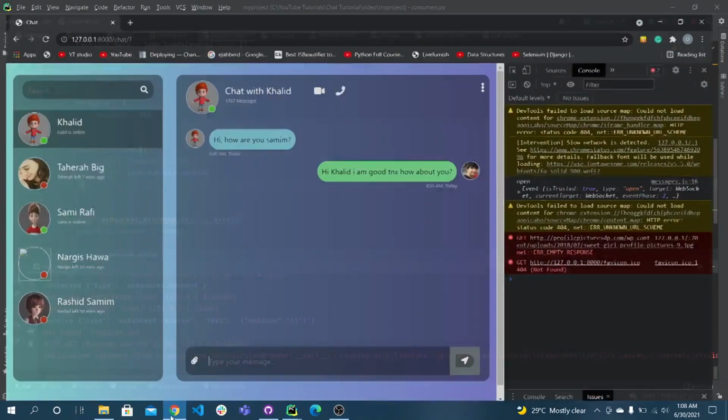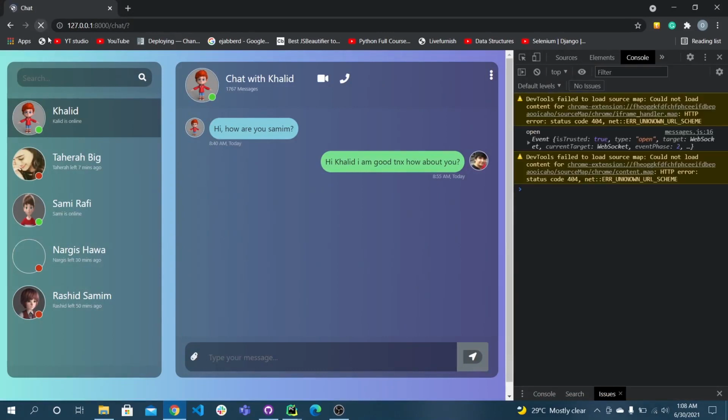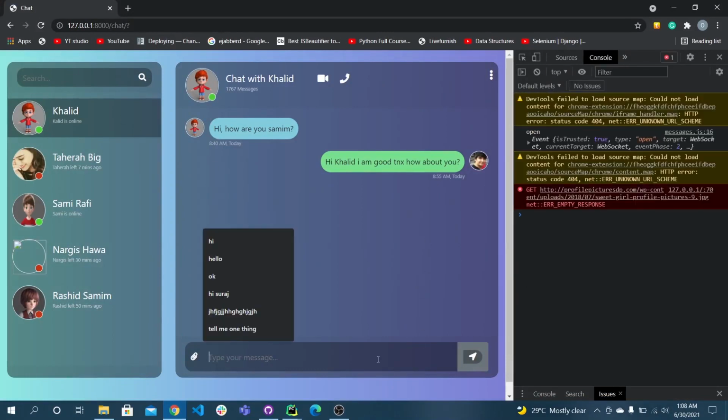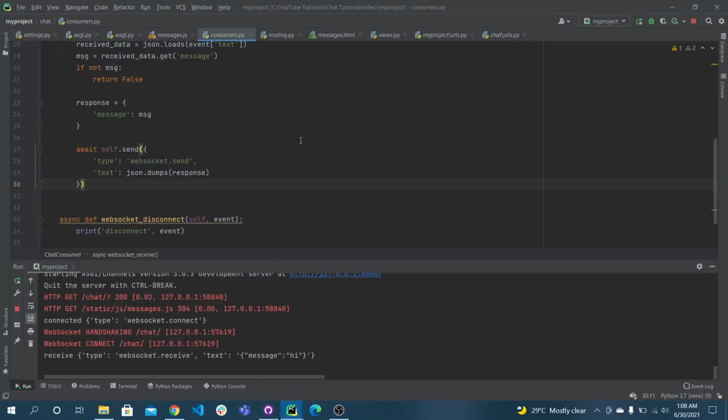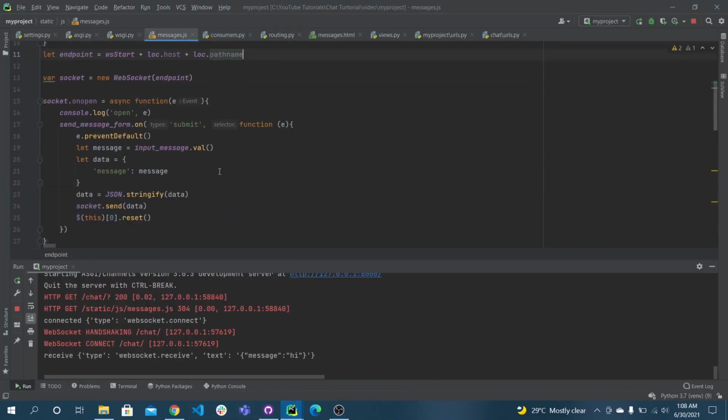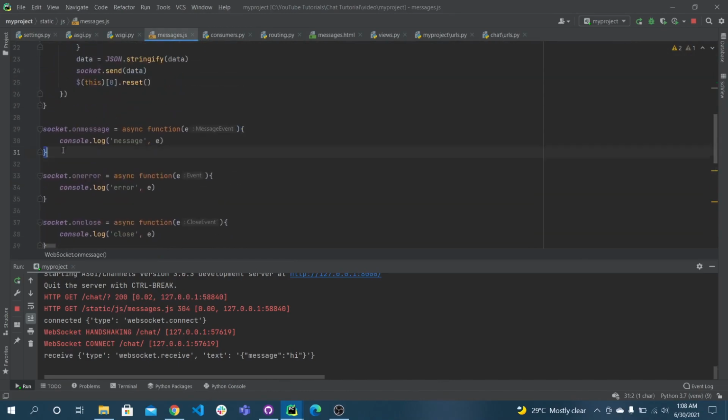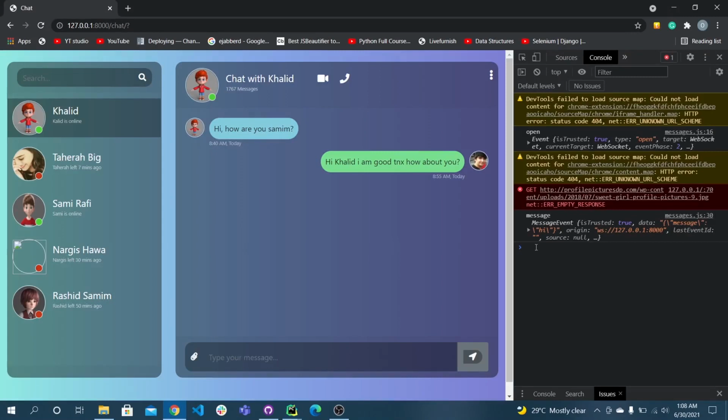So go to the page and refresh it again. The connection is a success. So when I click here, if you observe in the console, when I submitted the form, a new message event is being called. Like if you can see the project, so go to message.py. Here this socket.onmessage event is being called, and we are printing the message in the console. Inside data we are getting the message. So if I type hello, I'll get another event.